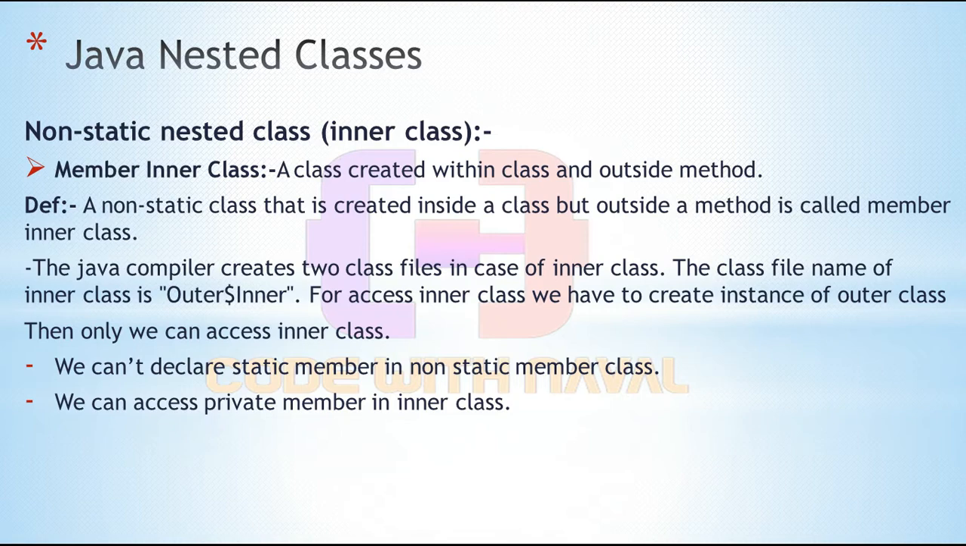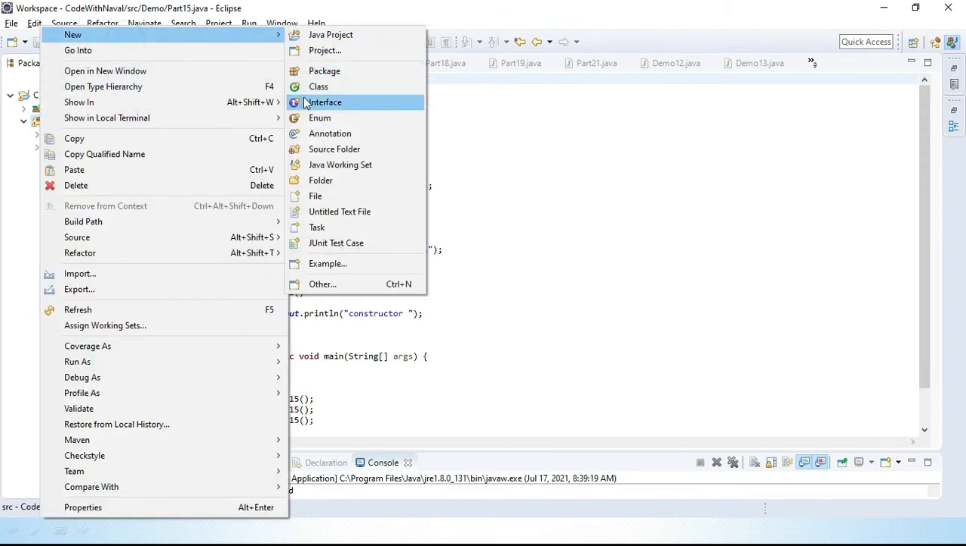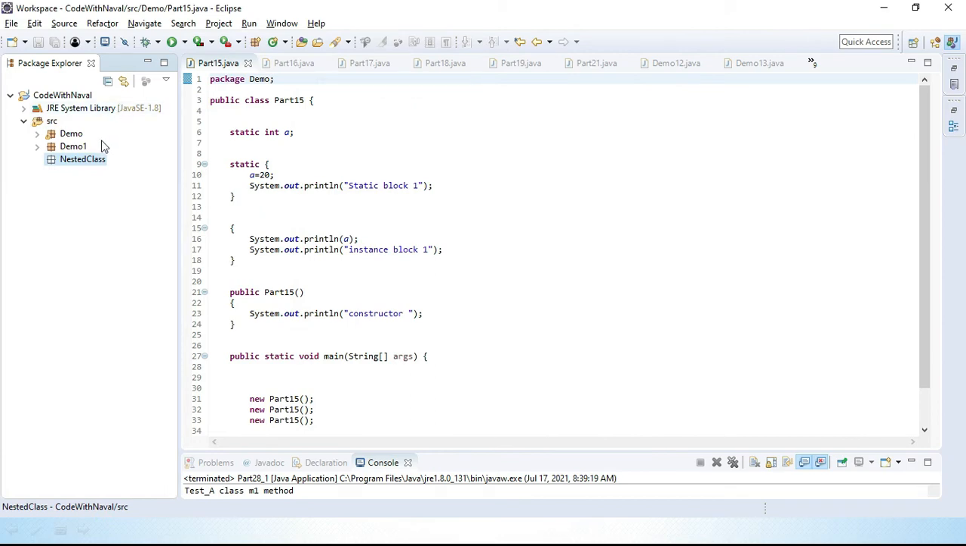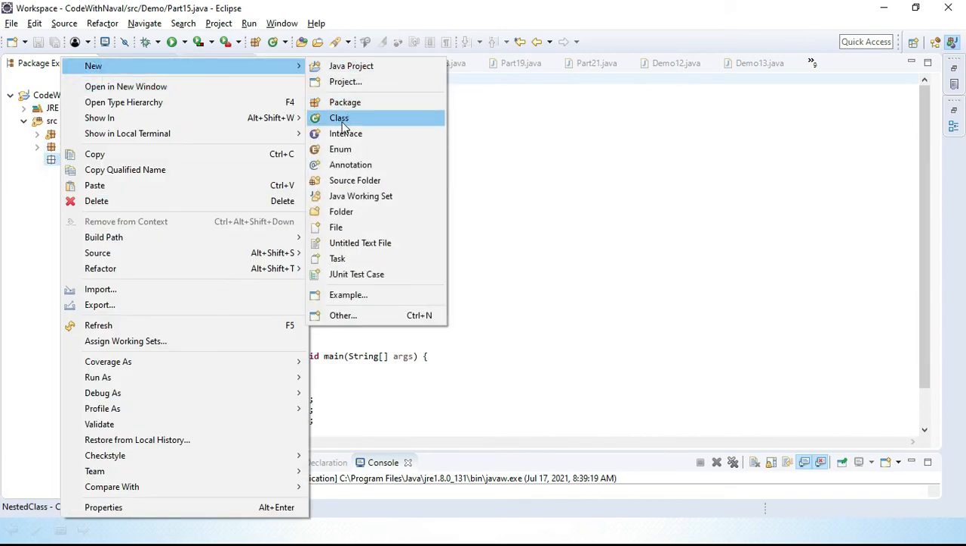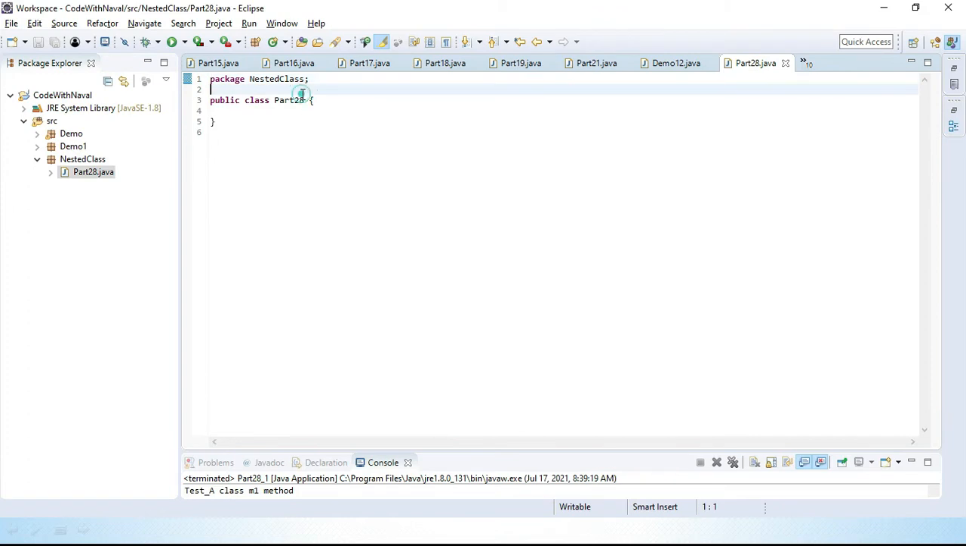Okay, let's see the practical. Let's perform a member inner class practical. For that I'll first create one separate package, and I'll give this package the name nestedclass. Inside this package we will create one class, and this class name is Part28. Here we will create one class,